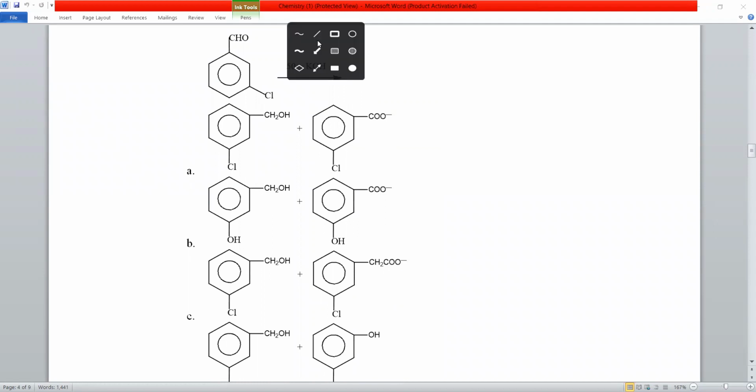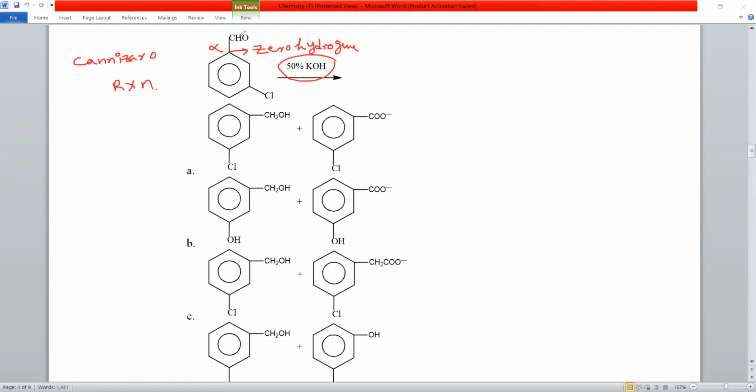Check, student, what is the reaction with 50% KOH? They have given nothing but a strong base, and this alpha carbon has zero hydrogens at the alpha position. So what reaction is this? It's a Cannizzaro reaction, one of the famous name reactions.